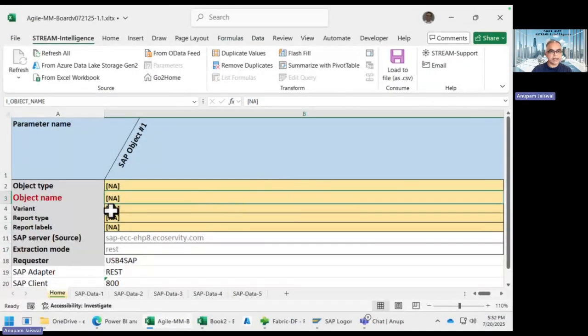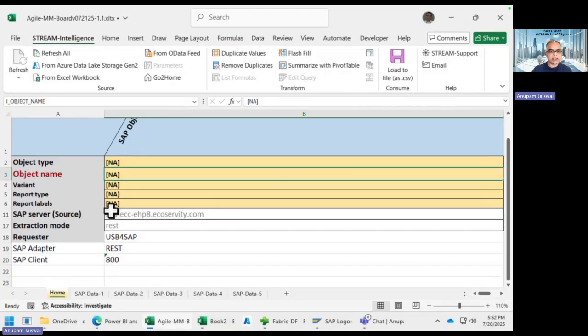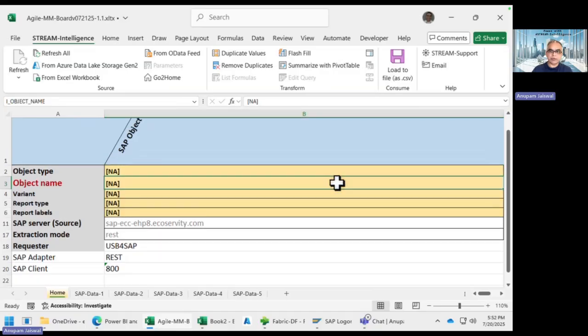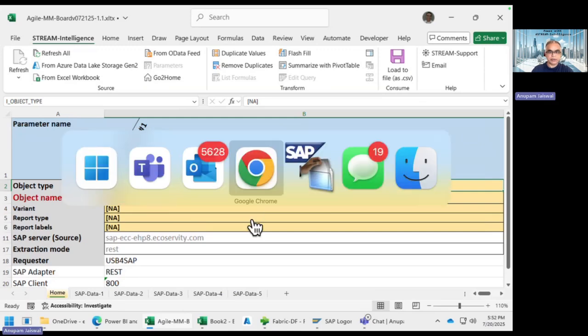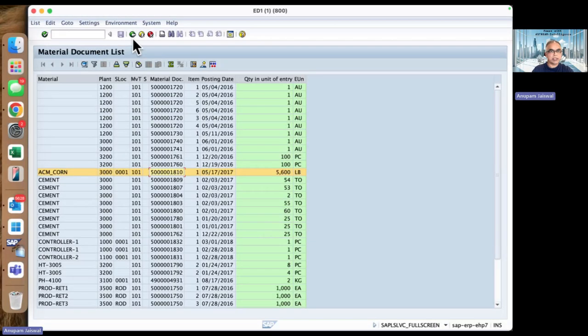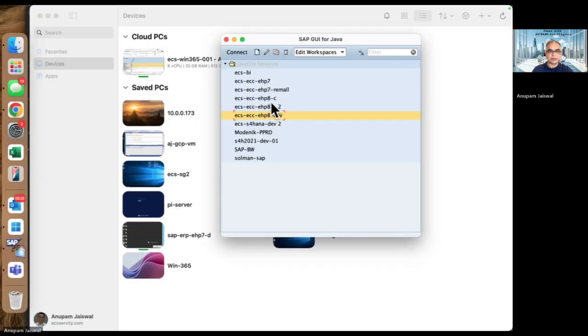So this is the Excel template. It's very regular, except that we have a Stream Intelligence add-in. Here's how you source, transform, and load if you need to wherever. So first thing, it's the same parameters really, which we'll use. Let's try to grab that MB51 into Excel. So if you remember this MB51,